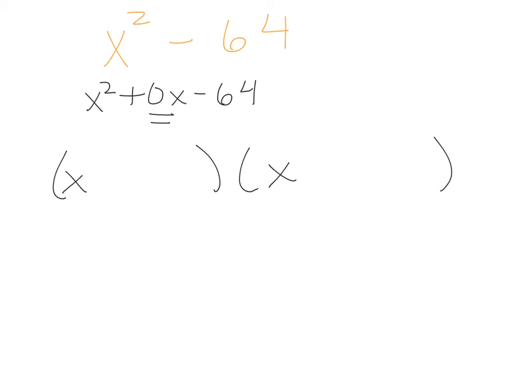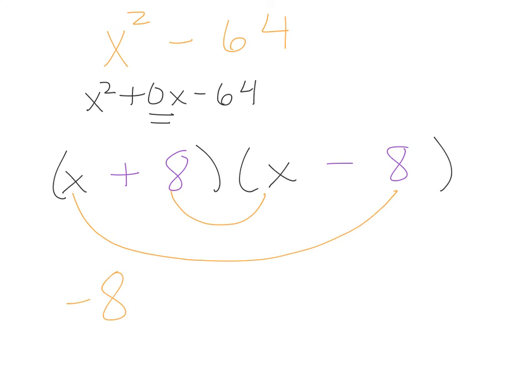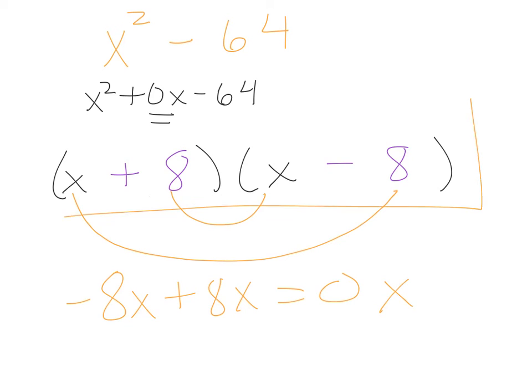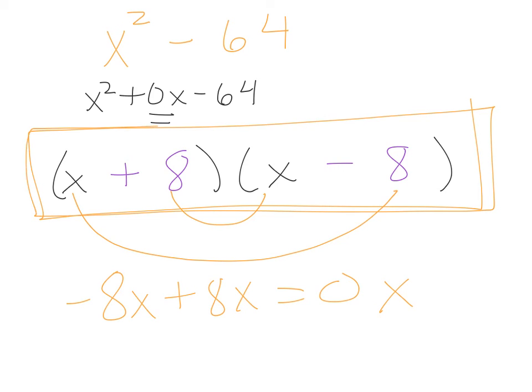Now I'm looking for two numbers that would multiply to get negative 64, add together to get 0. Now something that's nice and special about the 64, it's a perfect square. What does that mean? That means two numbers that multiply the same number, one should be positive, one should be negative. Now if I guess and check, this would give me a negative 8x, this gives me a positive 8x. Negative 8x plus positive 8x gives me that 0x value. So that would be my answer. And that is review